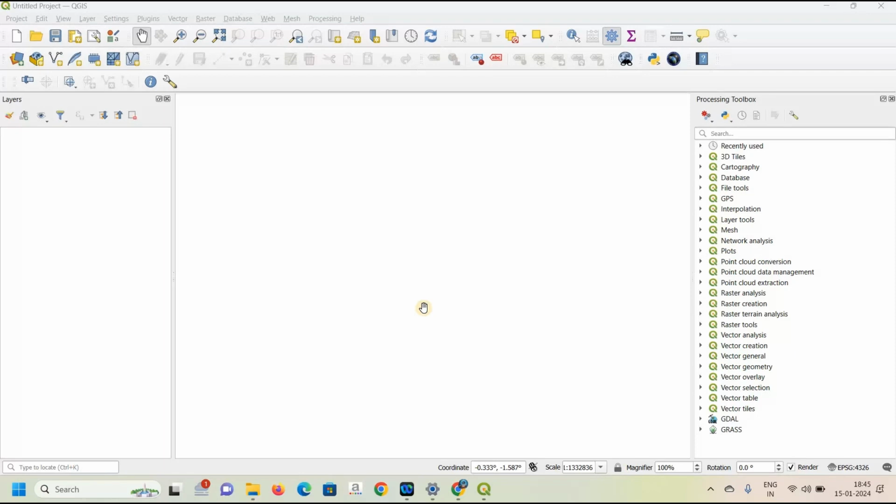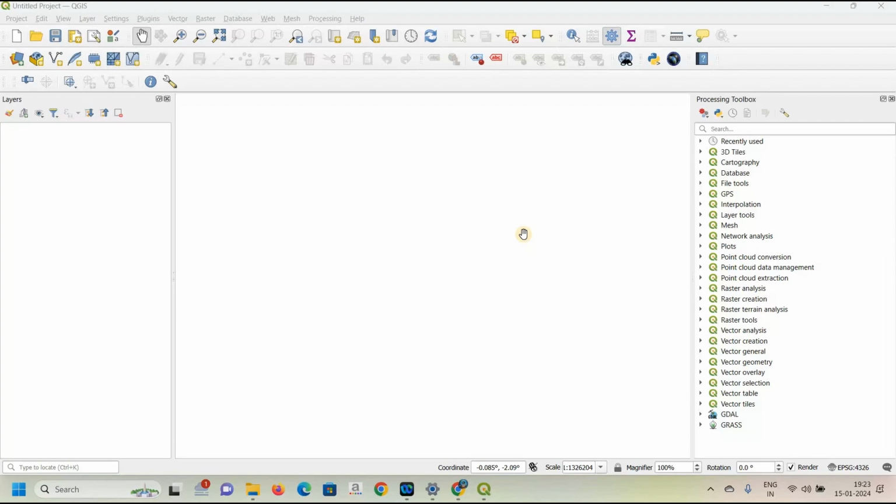Today we are going to discuss two beautiful and useful plugins in QGIS. So let us start. The first useful plugin is Quick Map Services, which you can use to overlay maps in your QGIS canvas. For downloading Quick Map Services, just go to Plugins, click on Manage and Install Plugins,